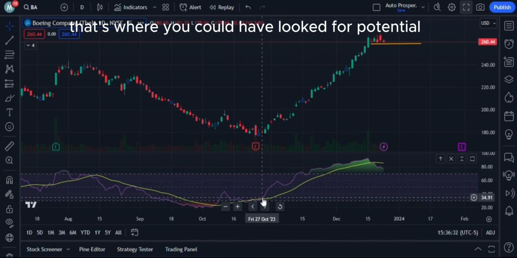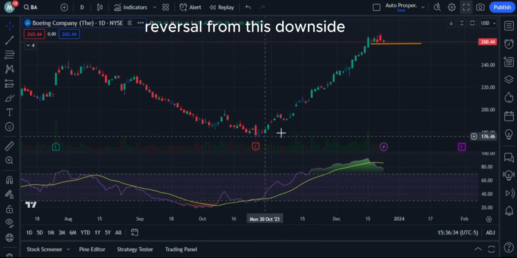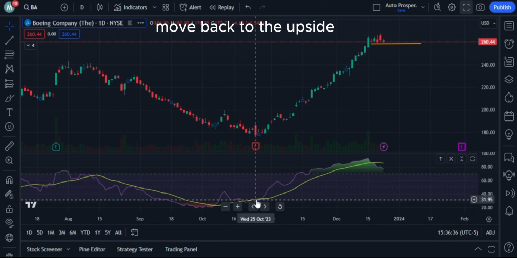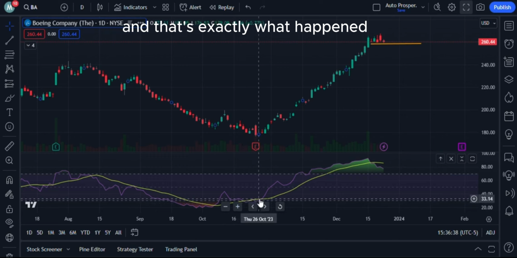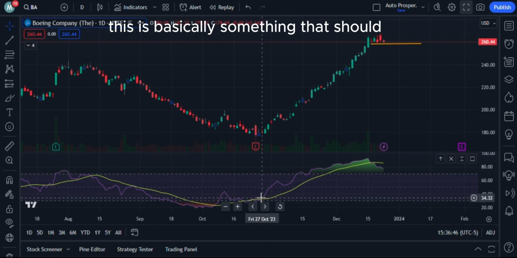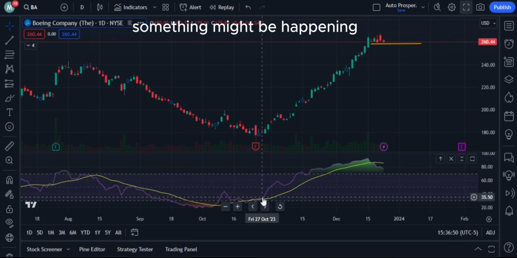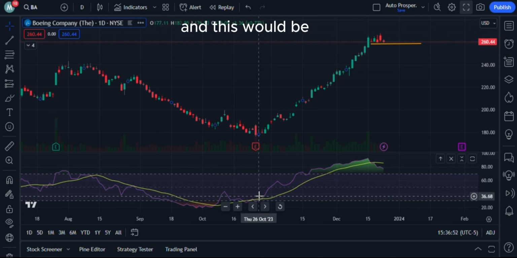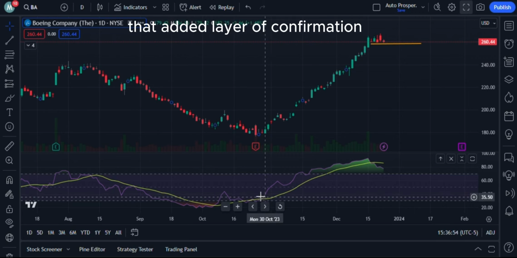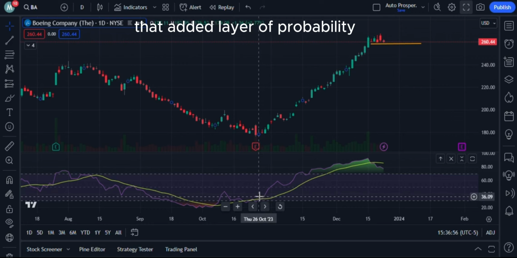That's where you could have looked for a potential reversal from this downside move back to the upside, and that's exactly what happened. This is basically something that should tip you off, like, okay, something might be happening that I need to pay attention to, and this would be that added layer of confirmation, that added layer of probability